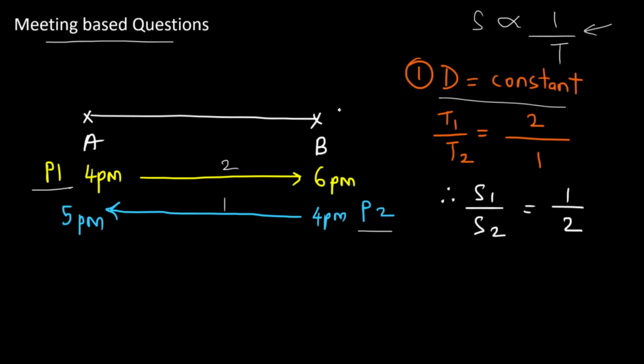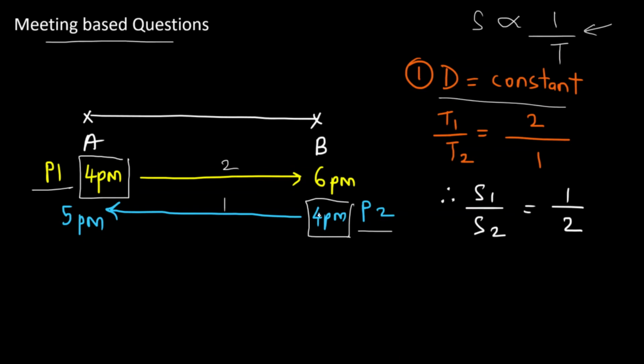Alright, now you can see that they both start at the same time, that is 4 p.m. Now, we will see in questions what to do in scenarios where they do not start at the same time. In such scenarios, we will try to find out where the person who started earlier will be at the time when the other person starts, and then we will proceed. Now, we will see more of that in questions which will follow. Now, let's proceed over here.